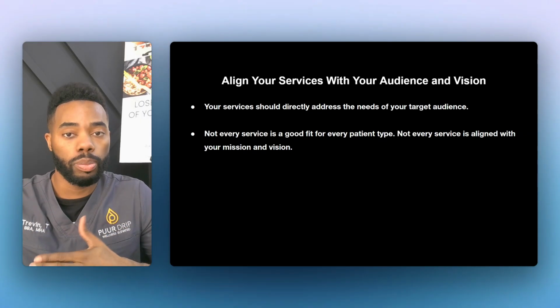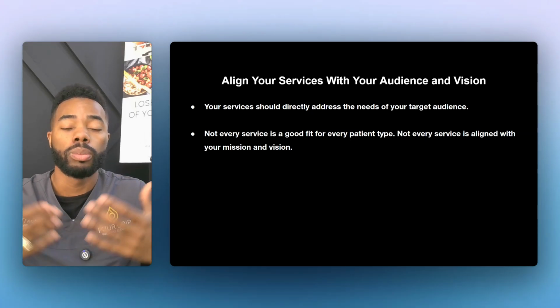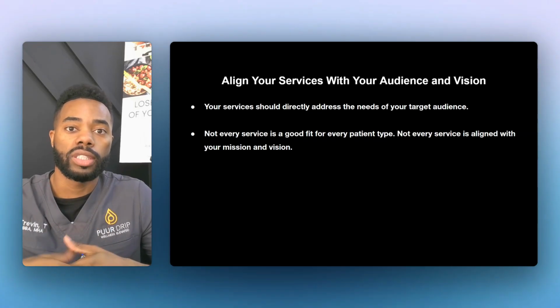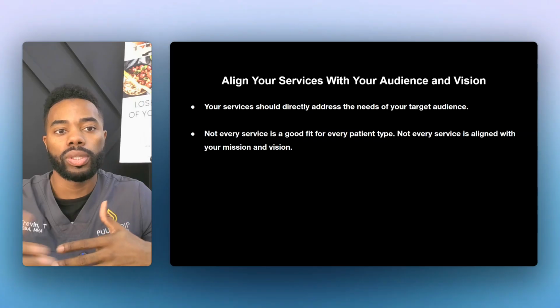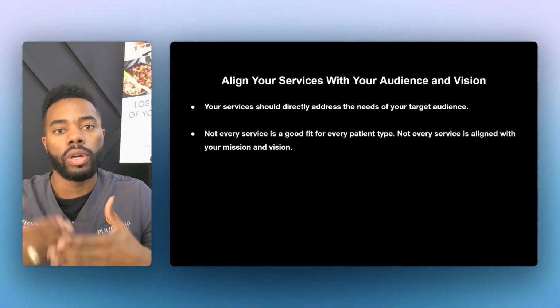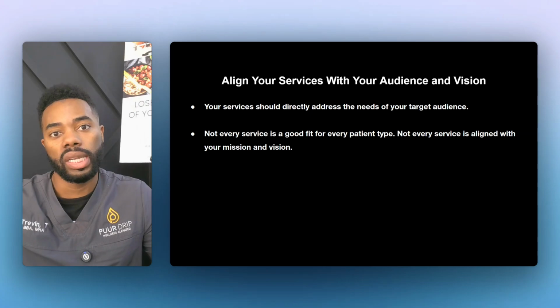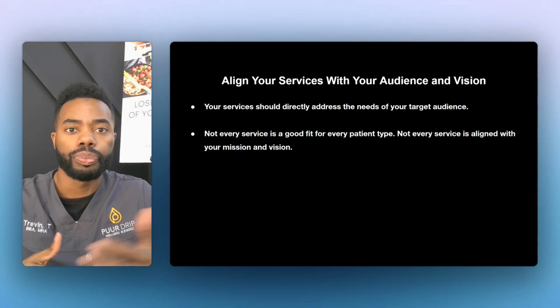For instance, I'm not saying NAD does not help people. I've talked to a lot of people and they believe that it does help them. But from our point of view, there's not enough information about NAD as far as clinical trials and literature and white papers on it, that we at this point in time feel comfortable providing it to our patients, especially with how expensive NAD is. So we don't do it because it doesn't align with our mission and our vision.